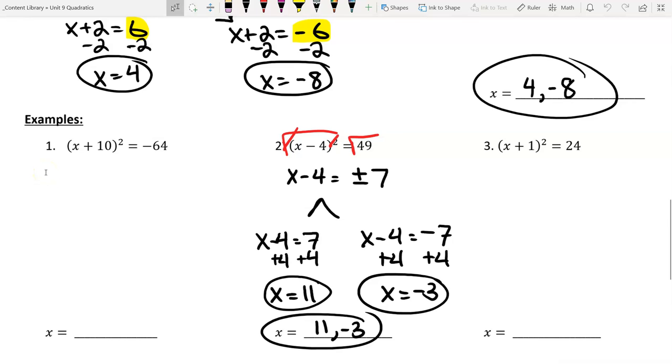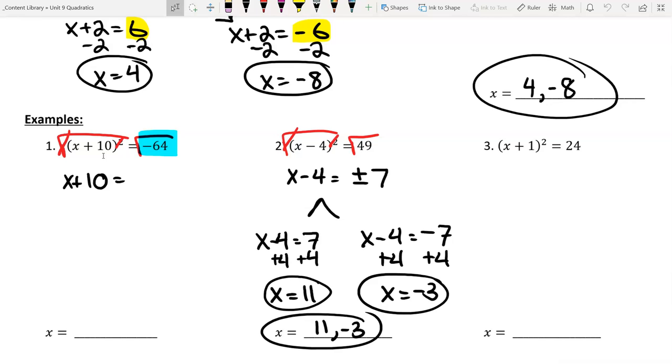So starting with number 1, some of you might recognize it. First thing you have to do, x plus 10 is stuck in the box, so we have to square root both sides. When I go to square root, that's gone, so is the little 2. So I'm left with x plus 10 equals negative 8. That's okay. However,